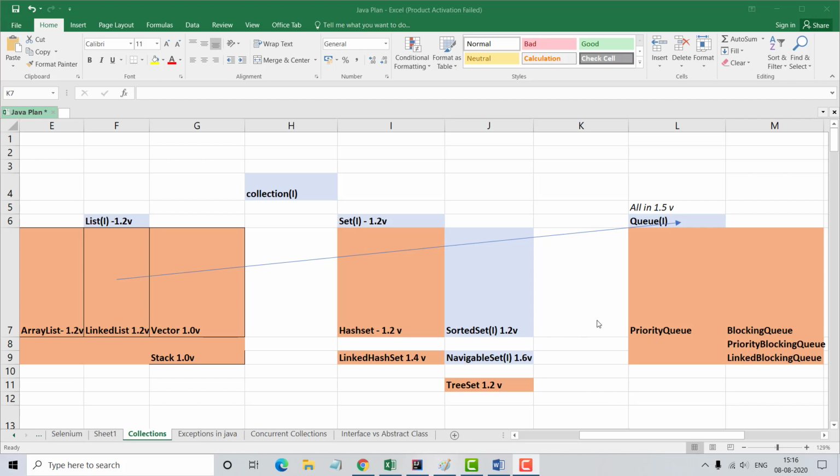So let's start with the collection framework. Before starting, I have just drawn this complete hierarchy diagram where we can see the collection framework. Before moving to the collection framework or the other stuff present in it, we will see what a framework basically is.